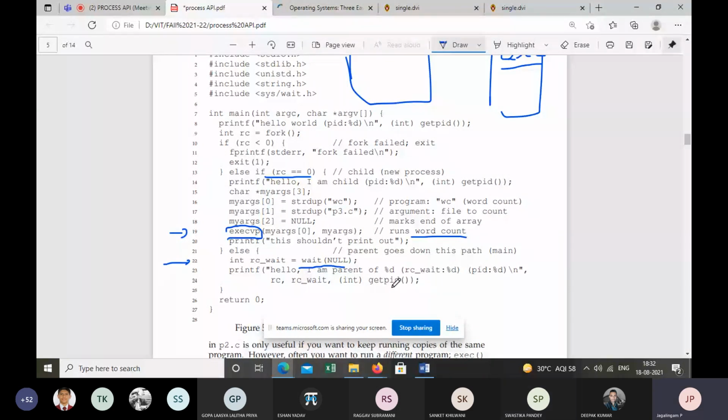Excuse me, sir. Then the line 16 and 17, so what is strdup? Okay, it's a string function. Look at the line 4. We have used a header file string.h. Now, in a document, we have characters, we have a word. So str is a string and dup is a duplicate.